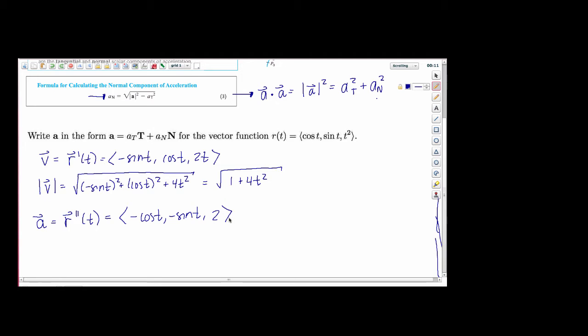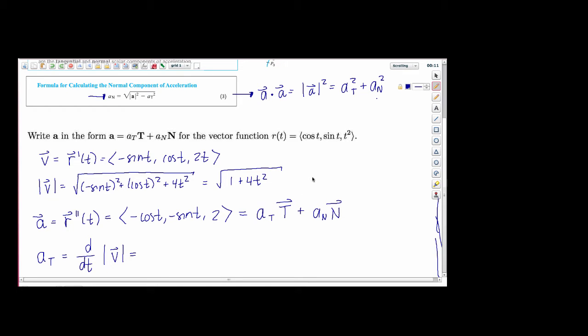So we now have our acceleration vector, and remember our goal here is to be able to write this vector in the form a sub t times the unit tangent vector plus a sub n times the unit normal vector. And we'd like to be able to do this, if possible, without having to come up with explicit expressions for the unit tangent and the unit normal vectors. Now a sub t we know how to do. So a sub t, remember, that's the component of acceleration in the direction of the unit tangent vector,